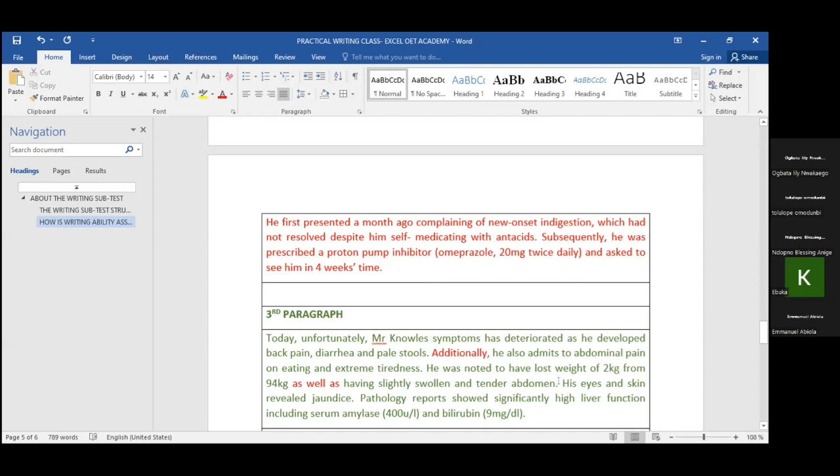You now come and put subsequently, comma, his eyes. No, I can just start straight and simple. His eyes and skin revealed jaundice. Remember that